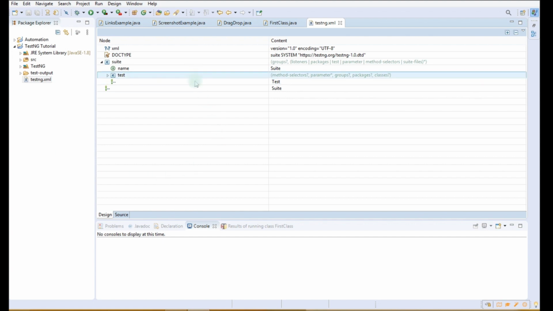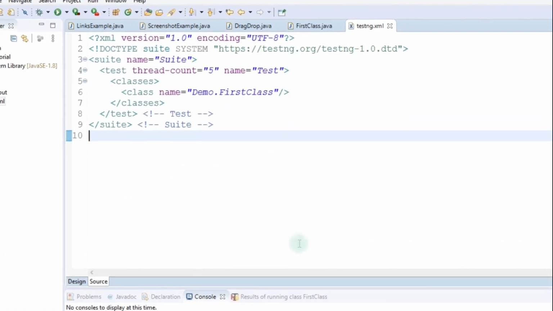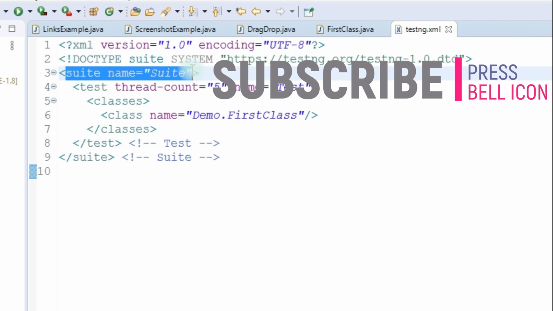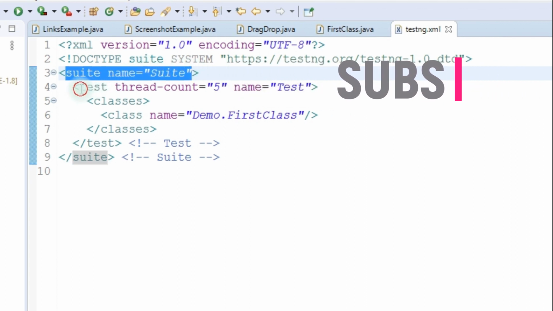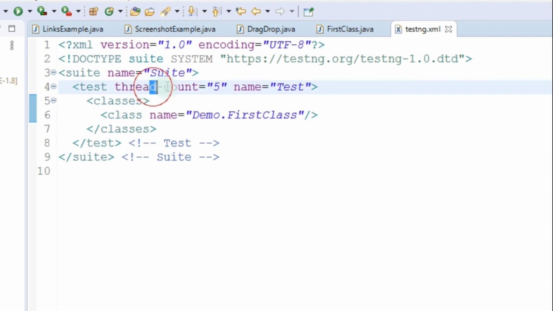This is the formatted version of the XML file. We click on this Source tab, and this is the XML file that is created by TestNG. Here, as you can see, first of all the suite is mentioned, then the test is mentioned, and thread count. This thread count is useful for parallel execution.